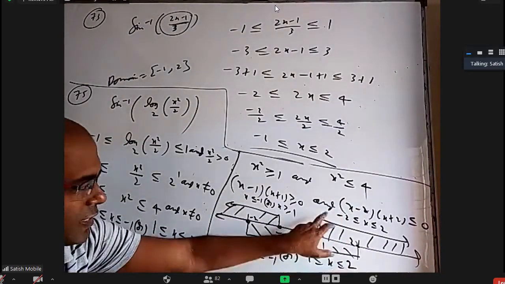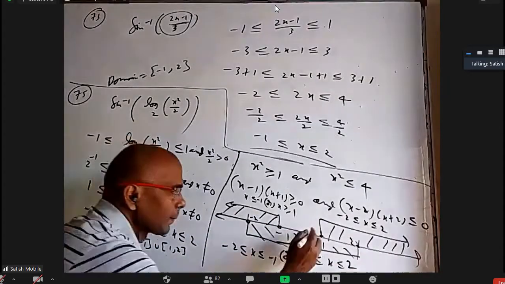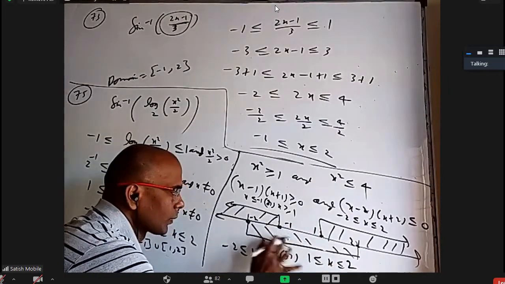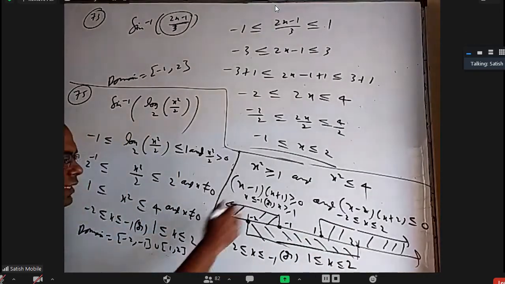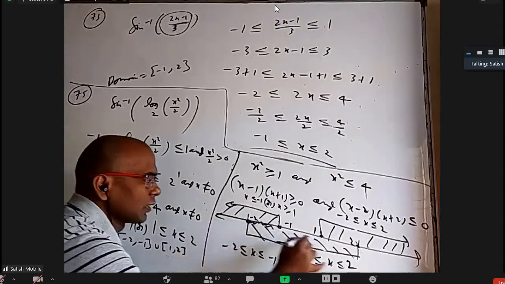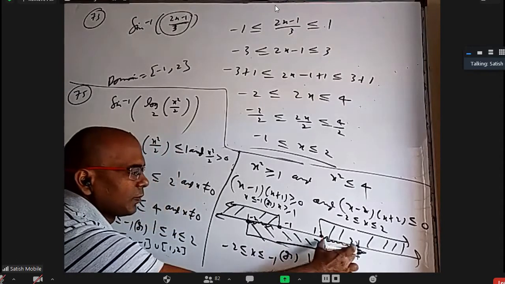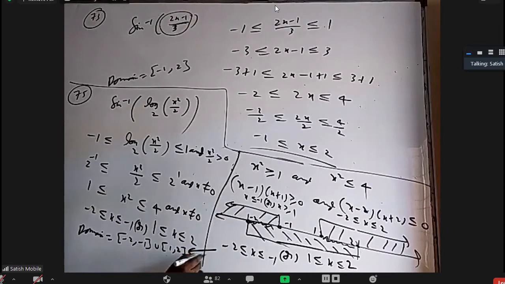I have to take this intersection, this and this. So this one says x more than 1, okay. Less than -1, okay. And this one says between -2 to 2, okay. If I take the intersection where this kind of shading and this kind of shading both are there, that is this part and this part. So x can be between 1 and 2 or between -2 and -1. So based on that, the domain is closed interval -2 to -1 union closed interval 1 to 2. Okay, if anybody has any doubt on any part of this, please ask.